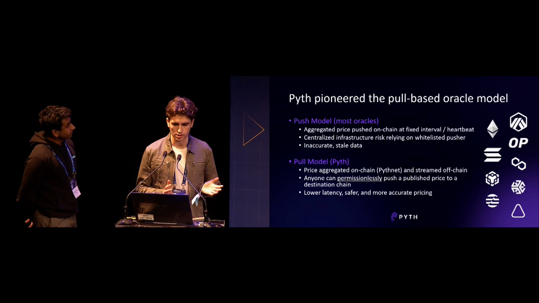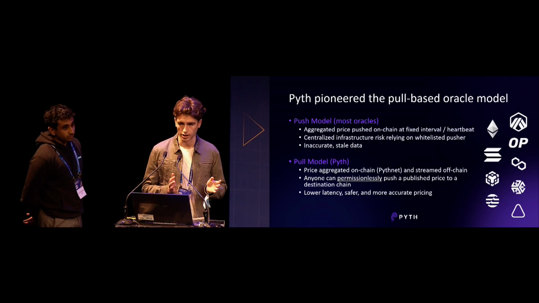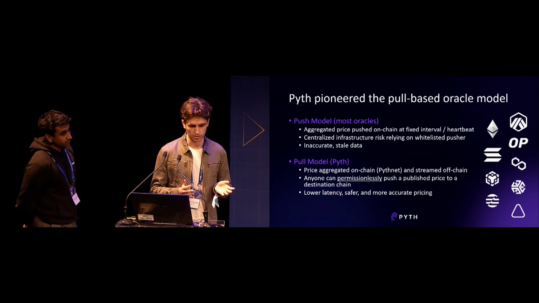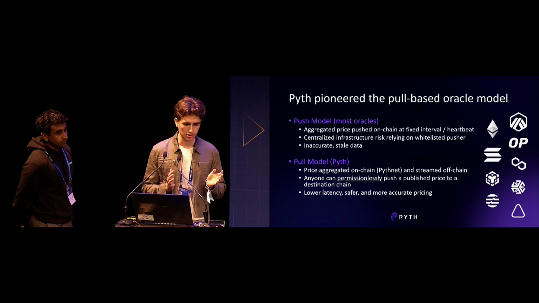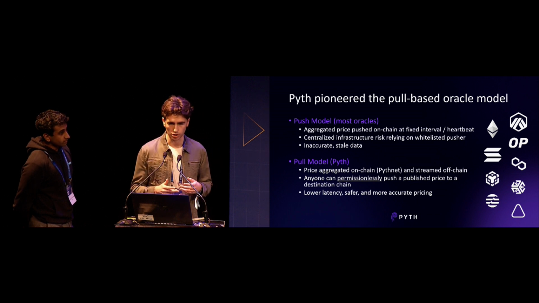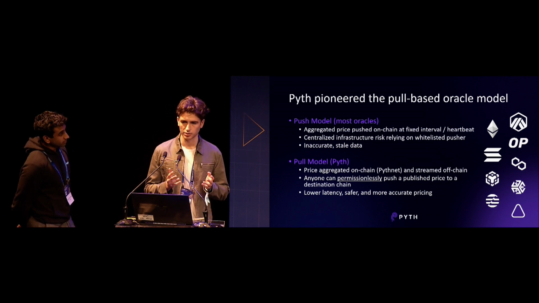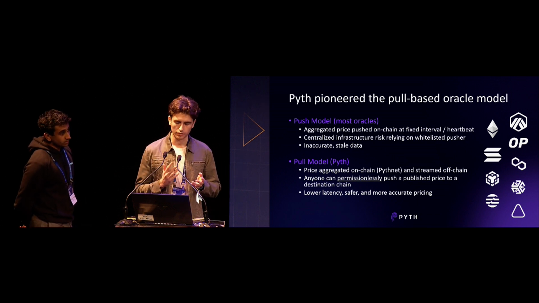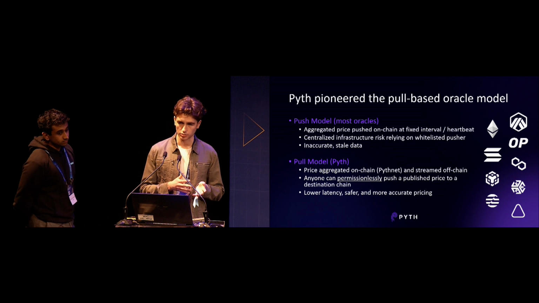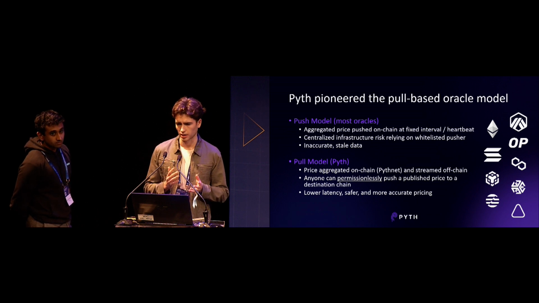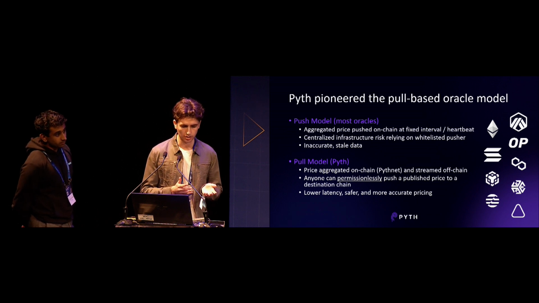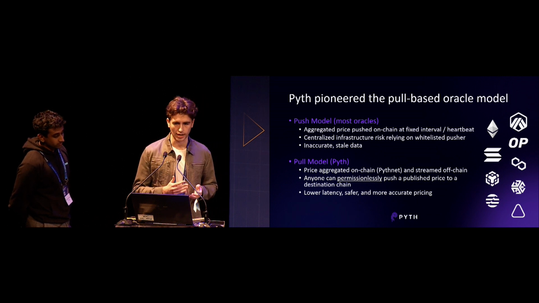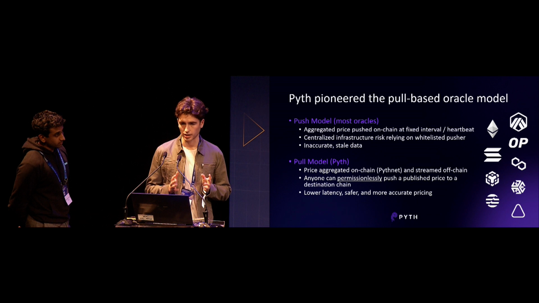Going into this novel pull-based architecture for Pyth, first let's discuss how typically an oracle will work on chain. Effectively there's some aggregate price computed off chain, and then that gets pushed on chain at fixed intervals, typically by one whitelisted party. Depending on the fixed interval, but typically this is done on the order of every 10 to 20 minutes if we're talking about Ethereum. Of course that can lead to quite inaccurate and stale data.